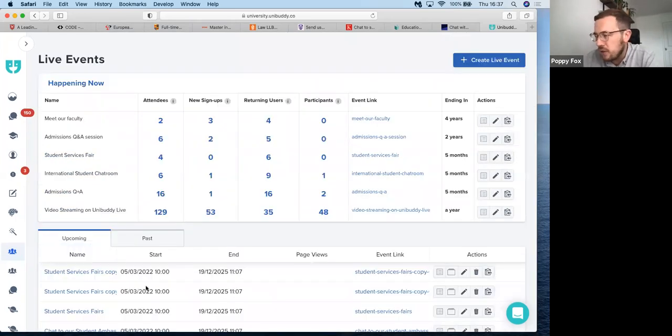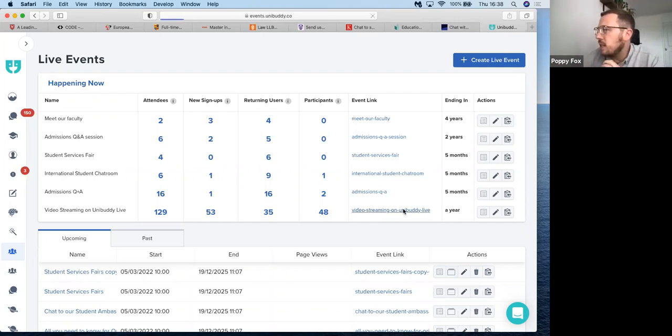And then all of your live events are saved within this dashboard. So anytime you can go in and copy that URL. That URL can then be shared via your homepage, via your email campaigns, via social media. And it's through that URL that your prospects would click through, register, and then attend the event. You can also clone events and edit them at any time. The cloning is useful because many universities will have regular information sessions that they run on a monthly basis. So you can create one information session, clone it multiple times, and customize according to date and so on. So really easy to use.